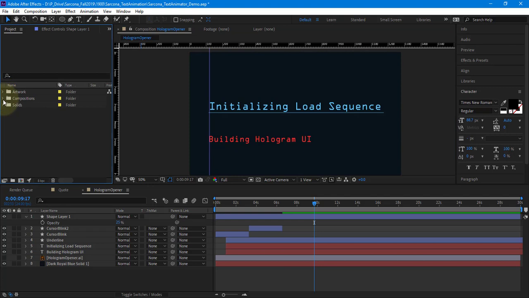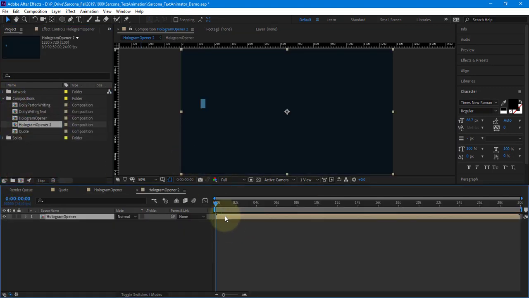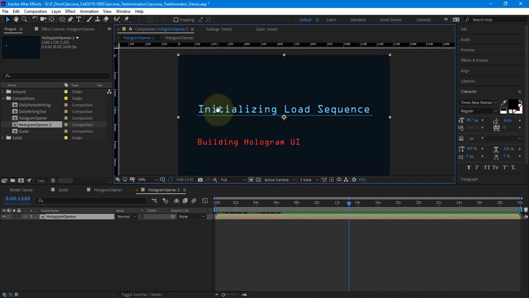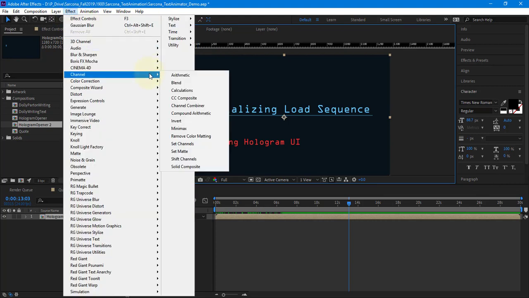So I'm going to go to my composition, go to my hologram one, and drag this onto a new composition. So now this is just a lockdown version. Everything's right there. I want to offset all my pieces so they're all separate pieces. I want everything to be just like it's on a computer screen and the pixels are basically like shifted. So I'm going to go to Effect, I'm going to go to Channel,